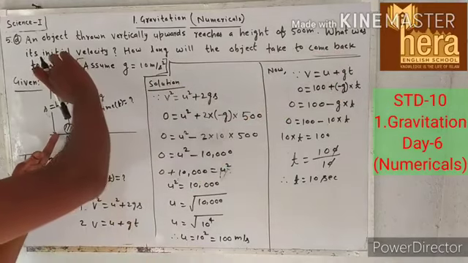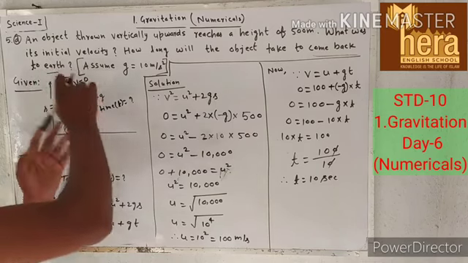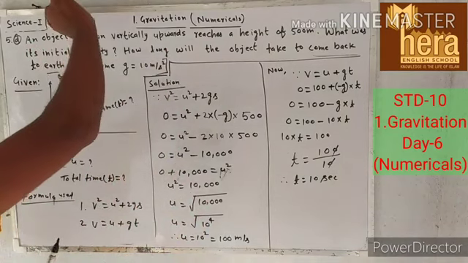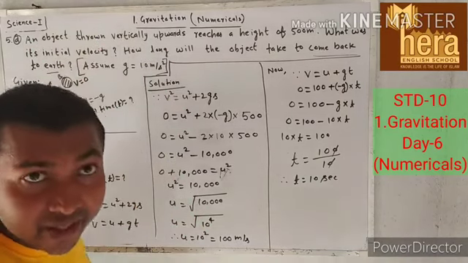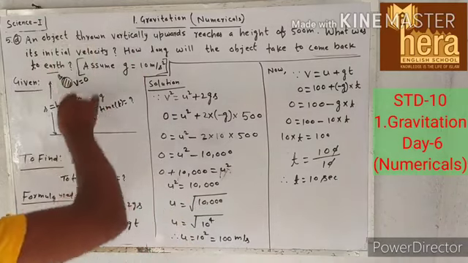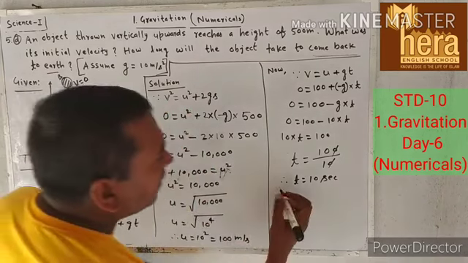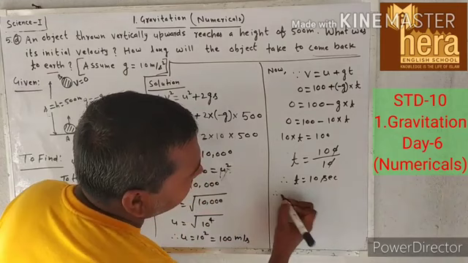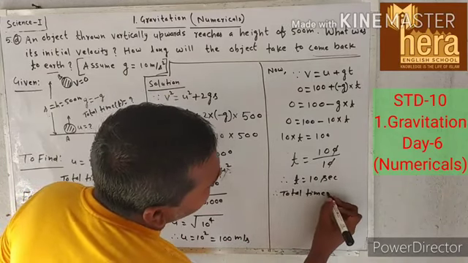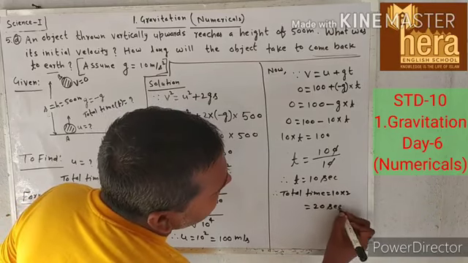So this will become from A to B, then B to A. So 10 second plus 10 second. Time of ascending is 10 second, and we know that time of ascending is equal to time of descending. So time of ascending 10 second, time of descending again 10 second. So 10 plus 10 is 20, or 10 into 2 is 20. Therefore total time is equal to 10 into 2, that is 20 second.